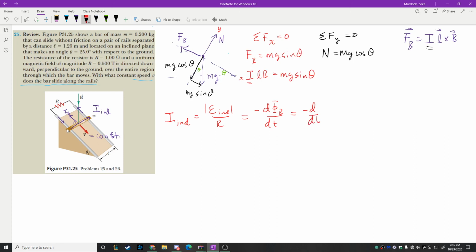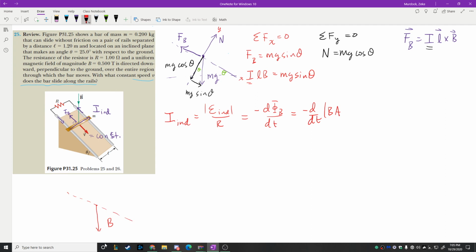And in this case, what I would say is that our flux is going to be B times A. Now, we kind of need a picture here to see this. Maybe you can see it on the picture itself here. If the magnetic field... Here, let's draw this down here. If the magnetic field is pointing straight down like this, the normal